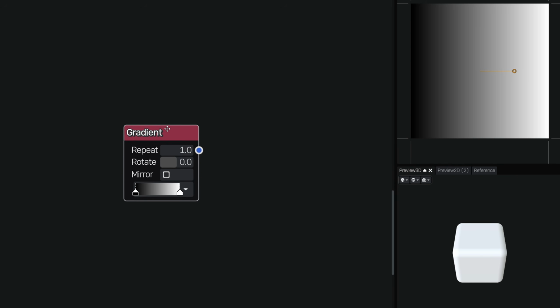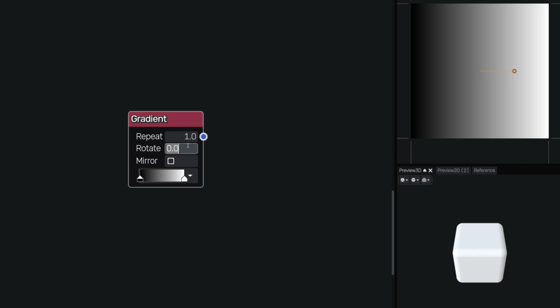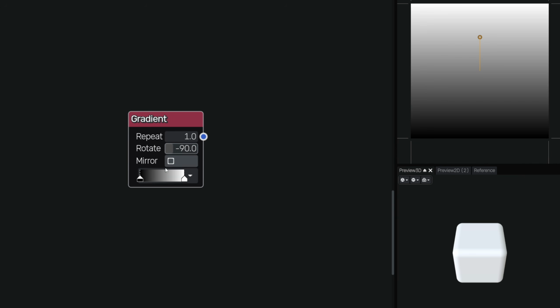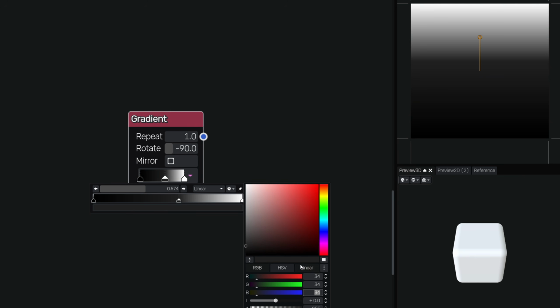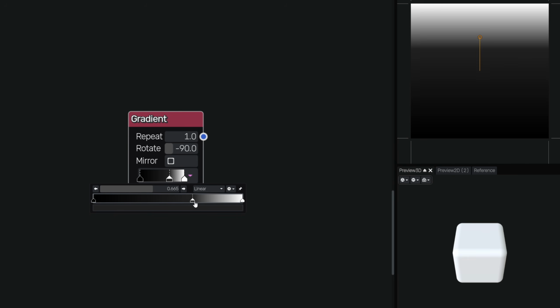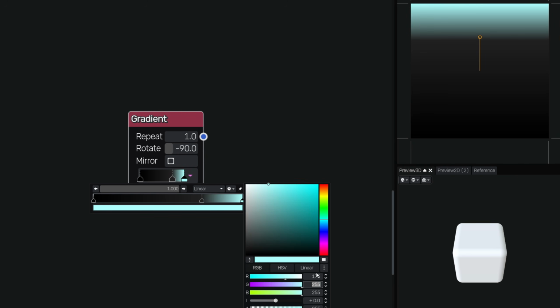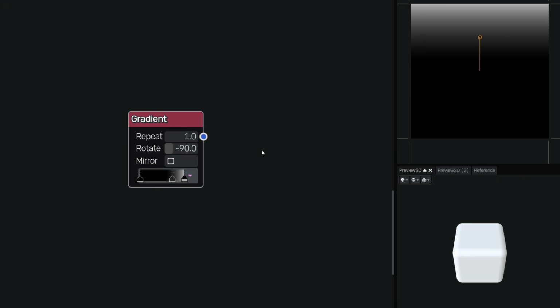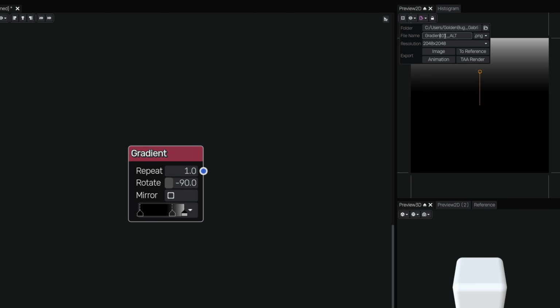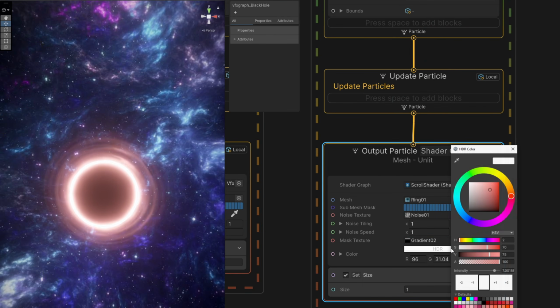Basically, if you go back to Material Maker, you can use the same technique, create a gradient node, rotate it minus 90 degrees, and in this case we want to clip the dark values even more, which means we can place a key more or less around here, say it's a dark gray, and the last key, it's gonna be very light gray. And then you can go ahead and export it once again, call it gradient02, and then you can adjust the color obviously,